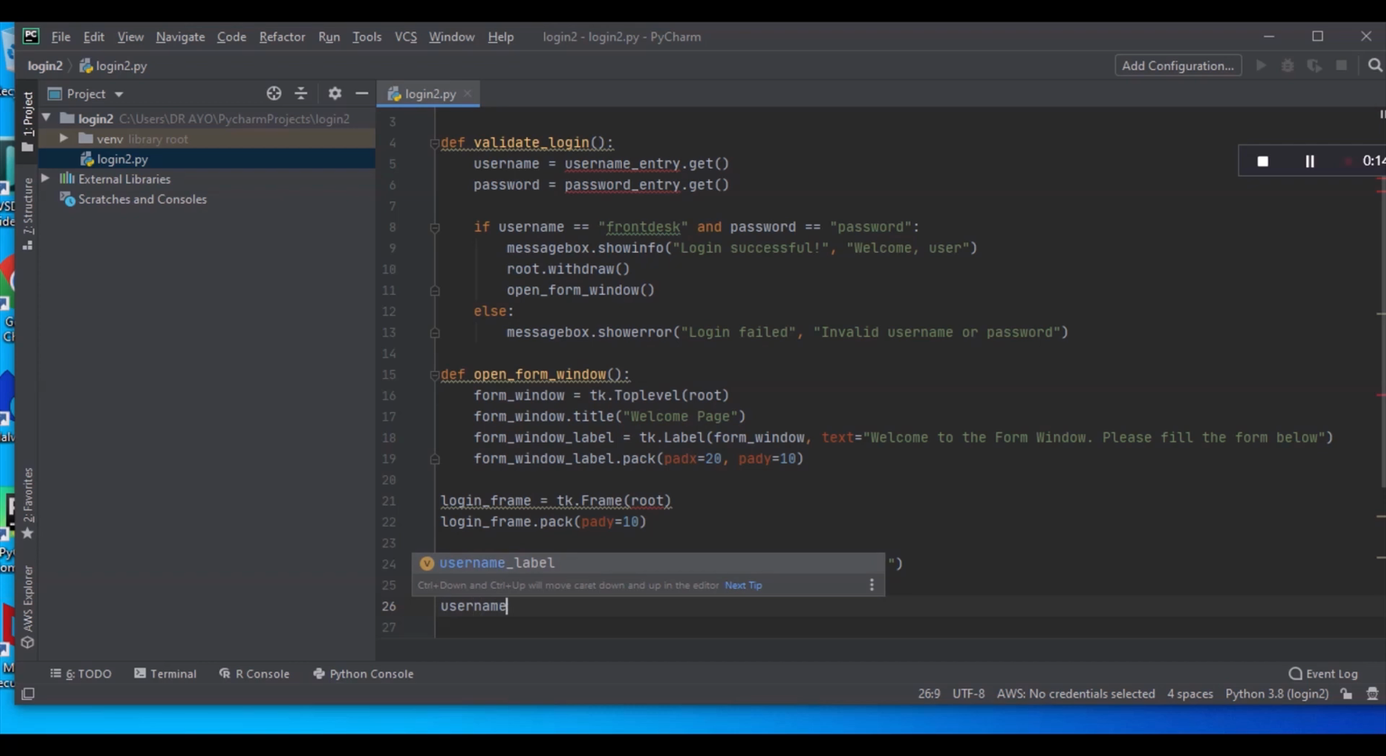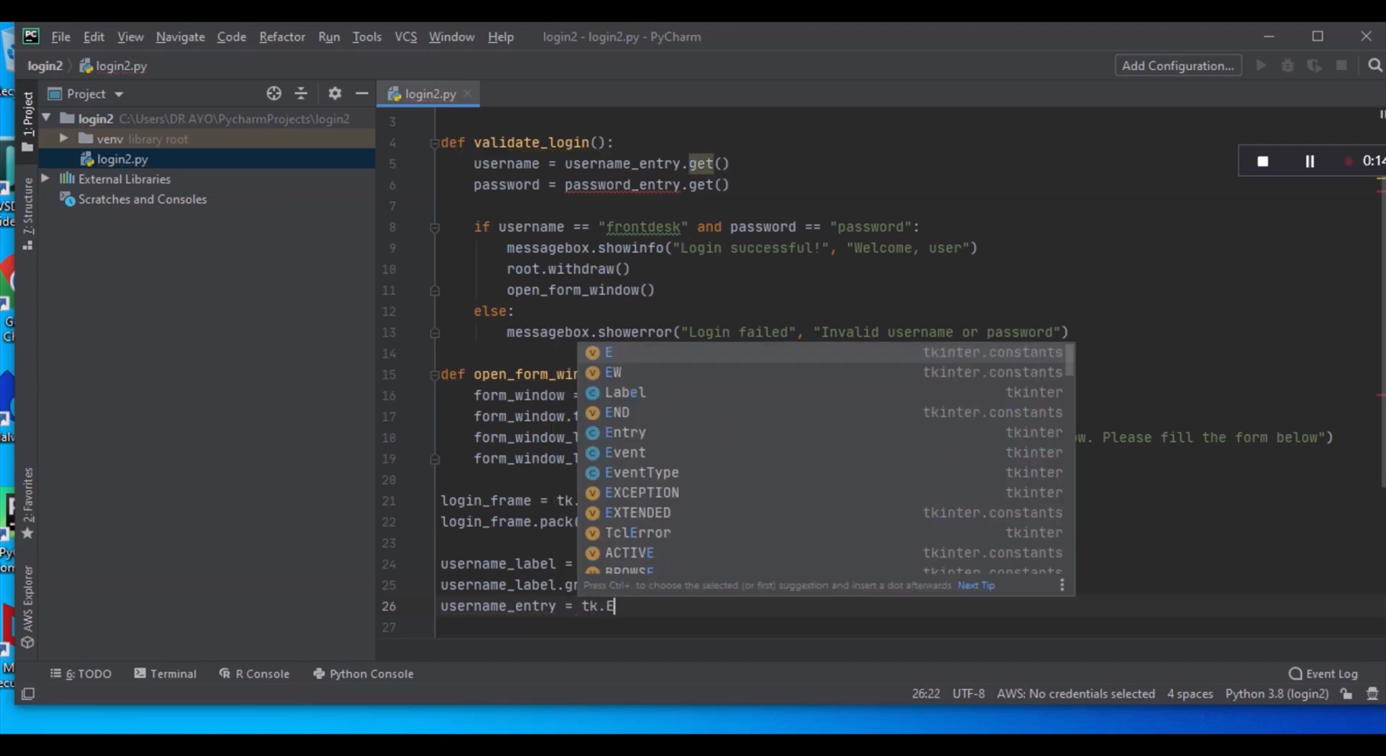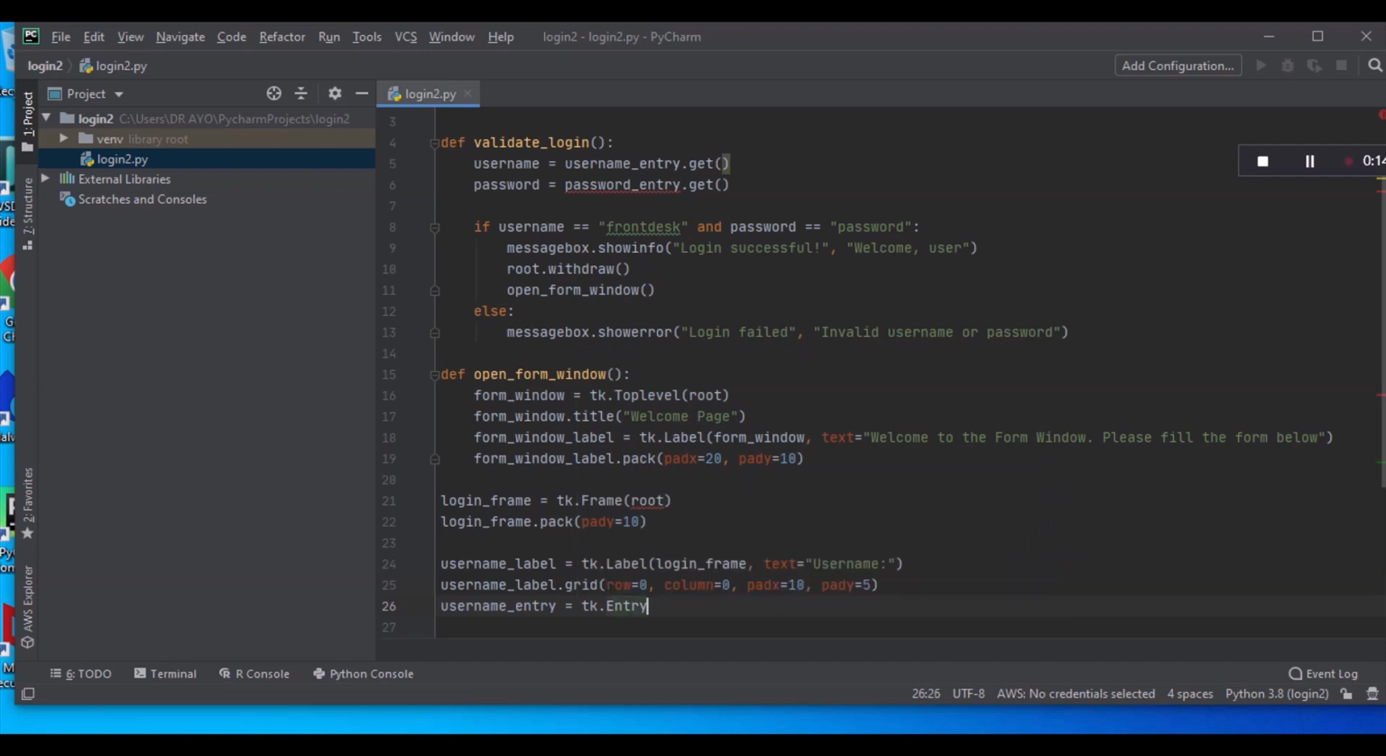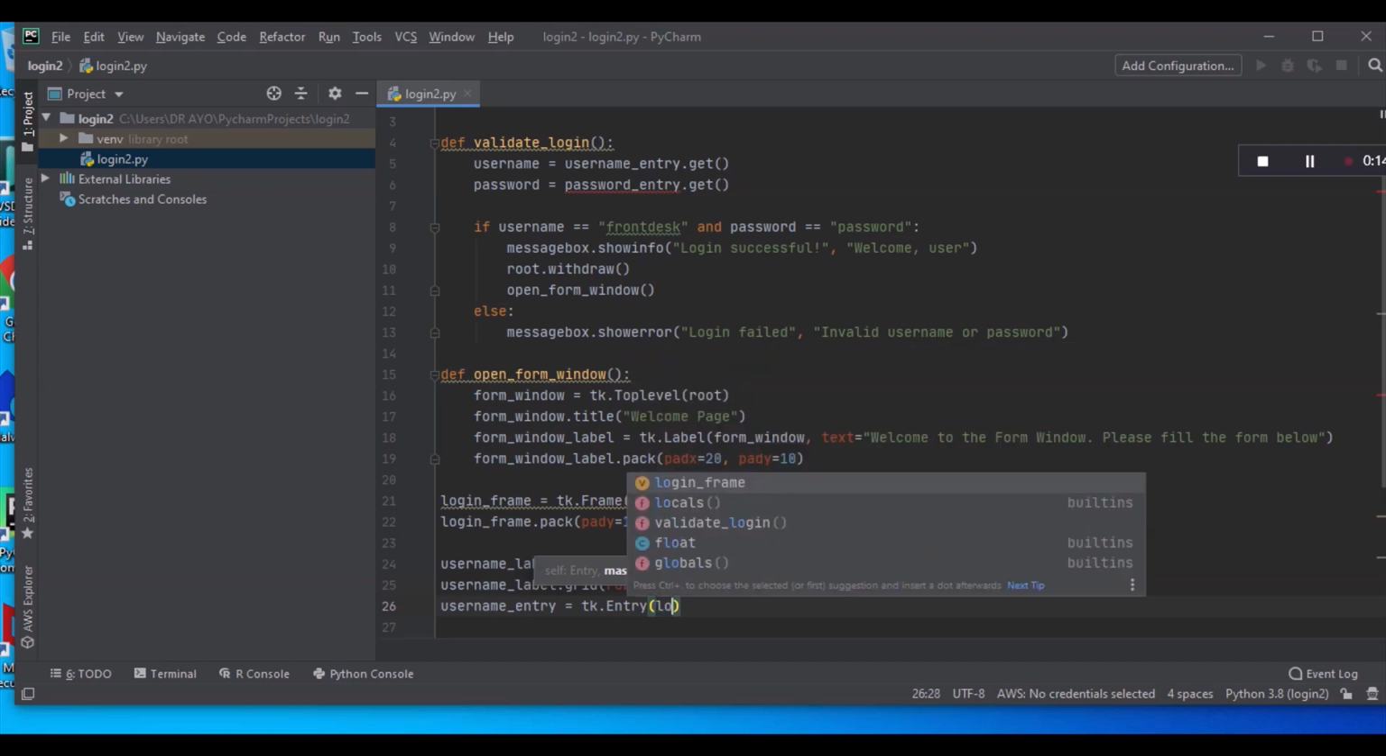Username underscore entry equal tk dot entry, and we need to put that in a login frame, login underscore frame,